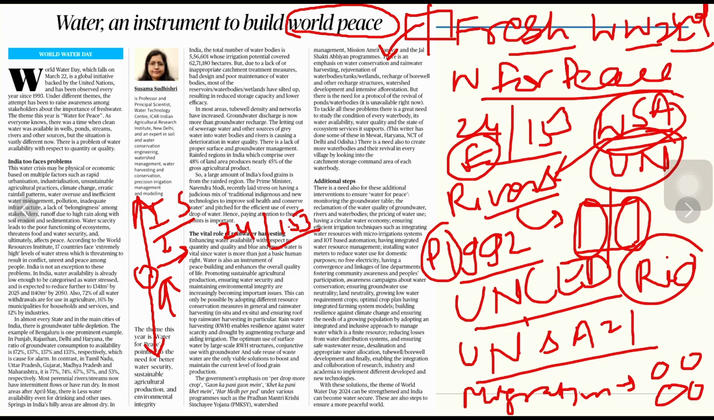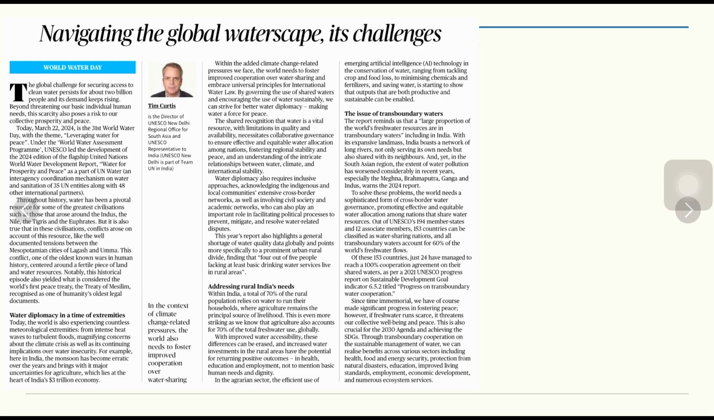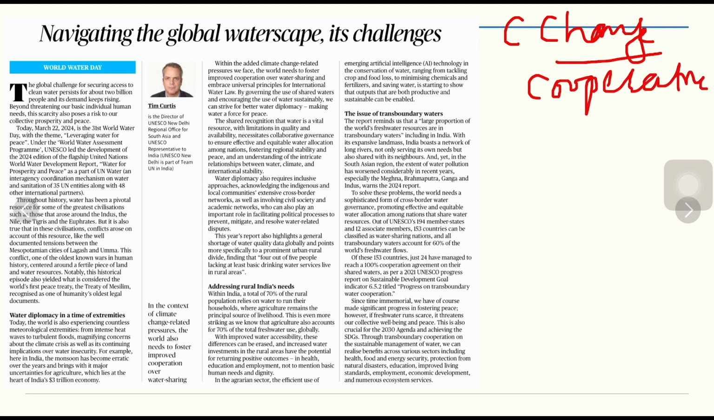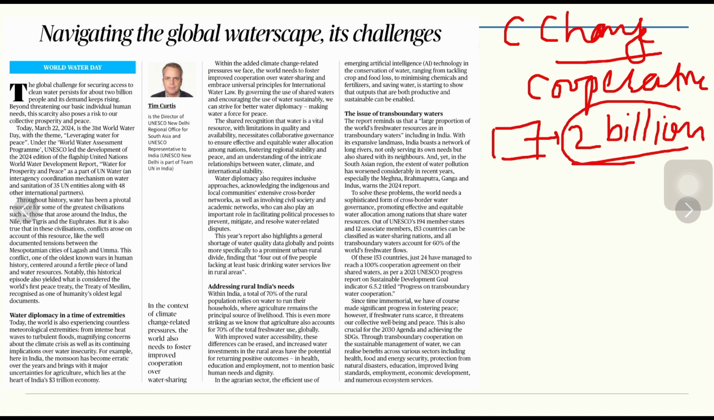Now the second topic we will be talking about is navigating the global water landscape and its challenges. In the context of climate change related pressures, one pressure we are having is climate change. So the world also needs to foster improved cooperation on river water sharing or water sharing. The global challenge for securing access to clean water persists for about 2 billion people, and its demands keep rising. So the clean water crisis across the globe is close for the 2 billion people. Out of the 7 or 7.5 billion people who are the world population, at least one fourth of them face a major water crisis. It not only threatens our basic individual human needs, but scarcity also risks a problem to our collective prosperity and peace. As I told you, throughout history, water has played a pivotal role for some of the greatest civilizations. As we know,